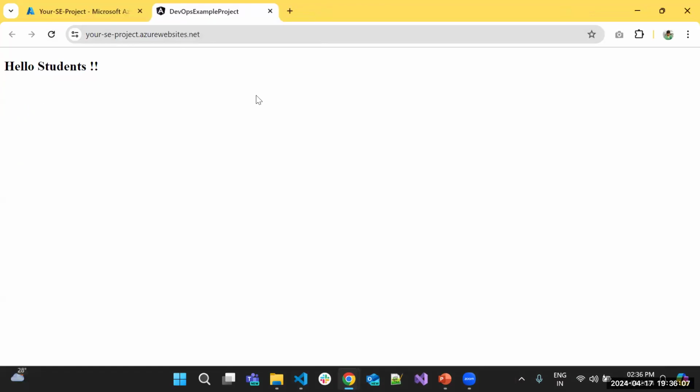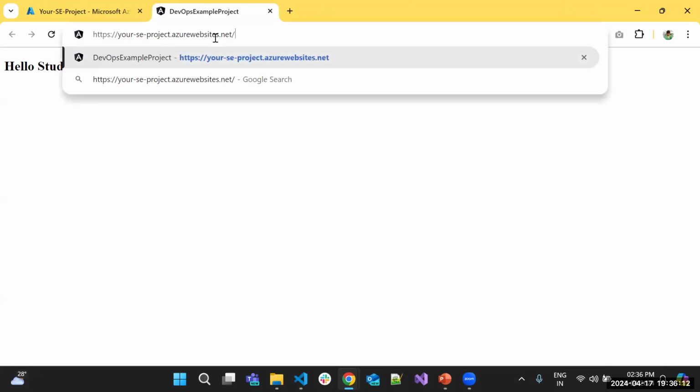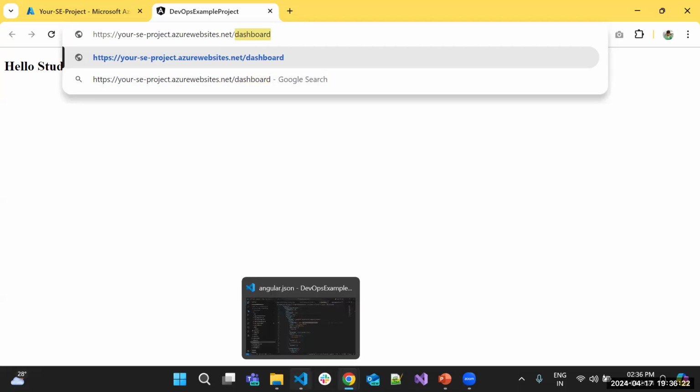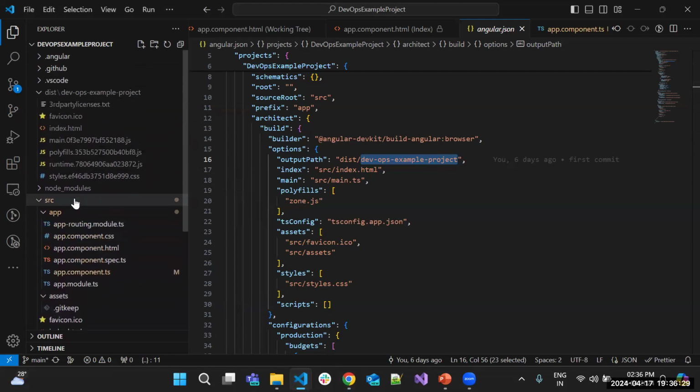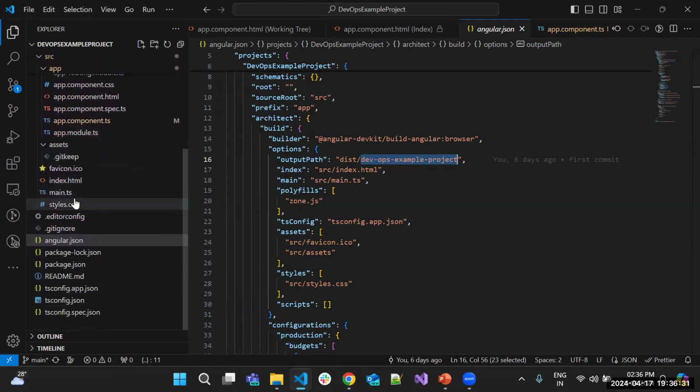And in some cases, if we have some routing URLs like slash dashboard or slash login, you need to add some more functionality in our code. Like you need to add web jobs, like you need to write this web.config. Here is